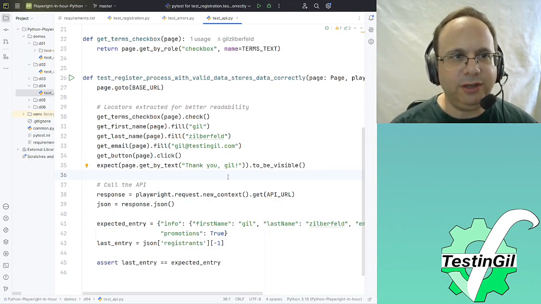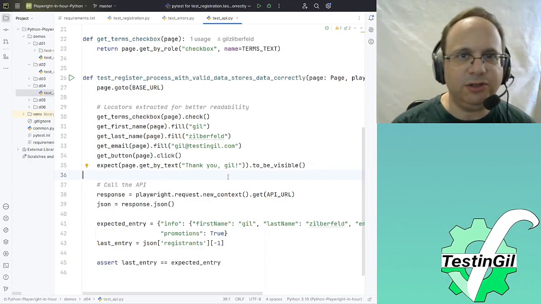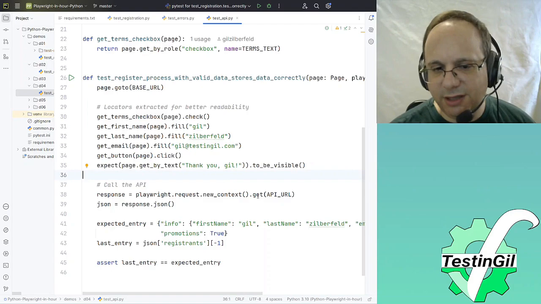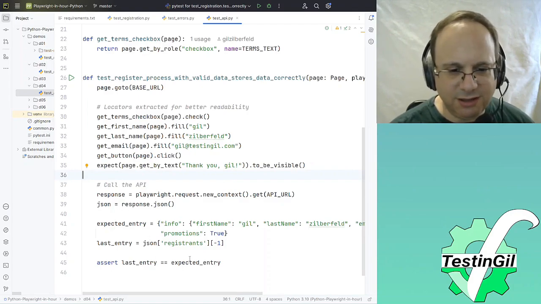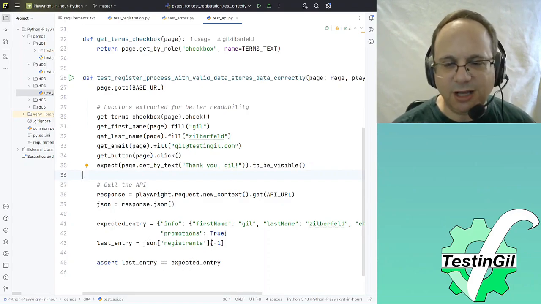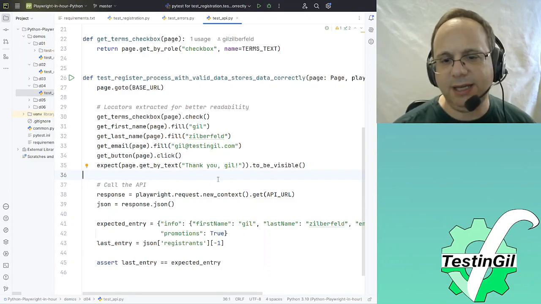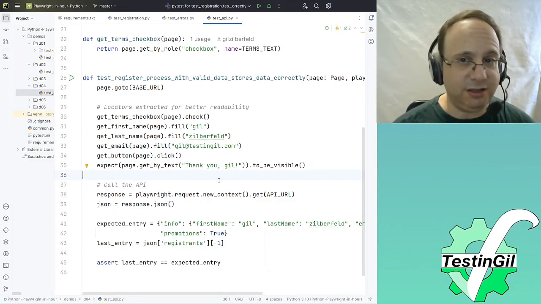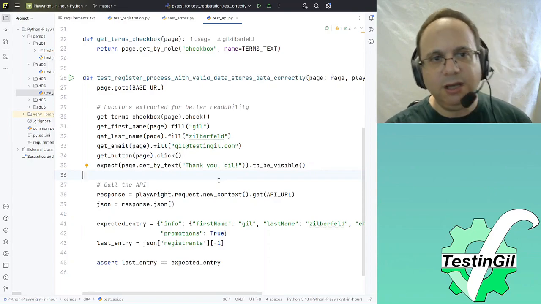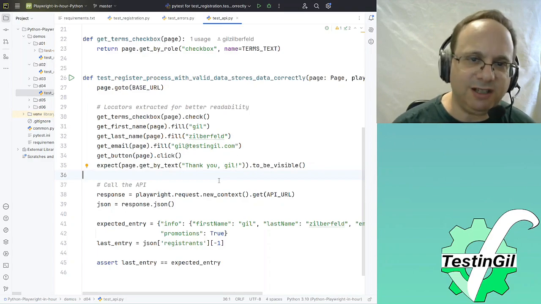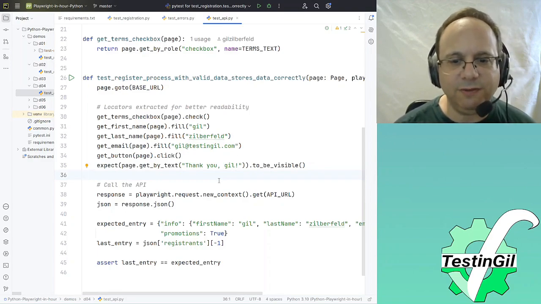So everything, including the request, is now associated with this test, which is kind of cool. After I do the get, I get the response and check that the last entry was what I actually entered. And I have a full system: it automates the UI, but also allows me to call APIs. Obviously, the API is something that the system needs to have in order to call it.